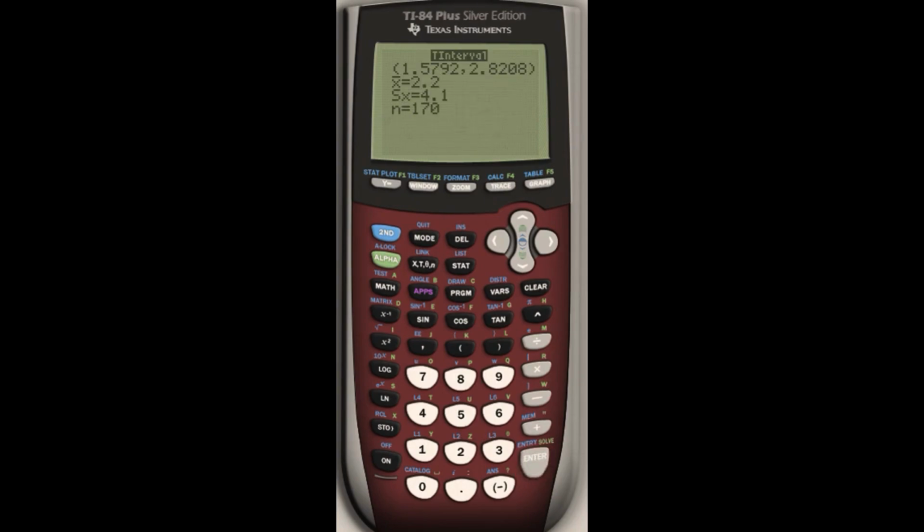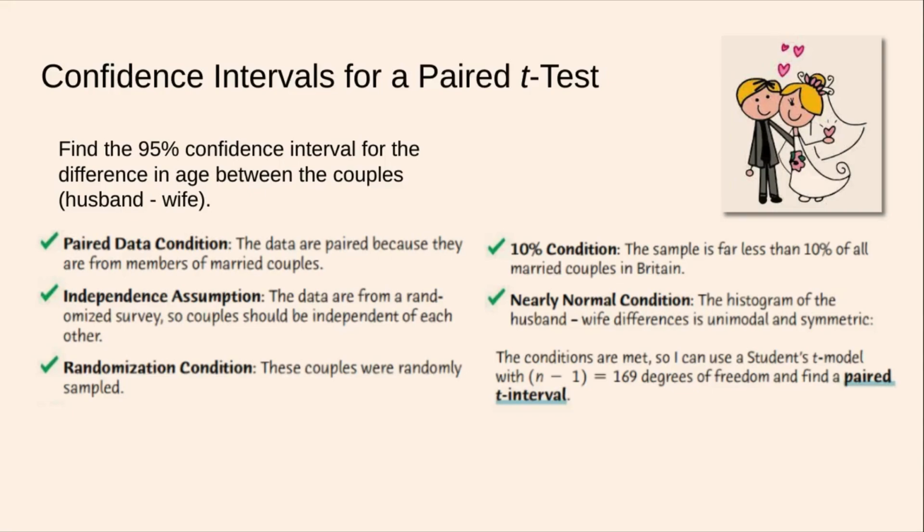And there is our confidence interval. And you will notice very quickly that interval does not cross 0. That's important. So we found our confidence interval, but I'm going to go a little beyond what the question asked and interpret